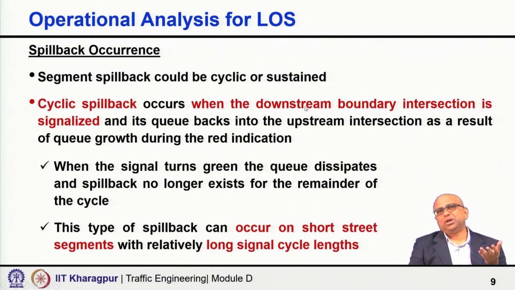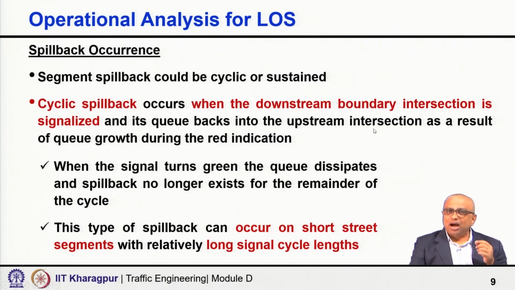Both types of spillback are possible. What is cyclic spillback and when does it occur? Cyclic spillback occurs when the downstream intersection, and obviously it is signalized, that is why spillback is happening. Otherwise also it may happen, but here we are considering it is signalized because of certain things, as I am saying now, and its queue